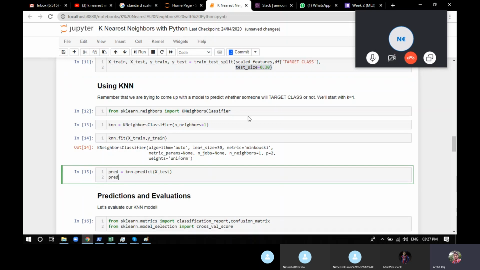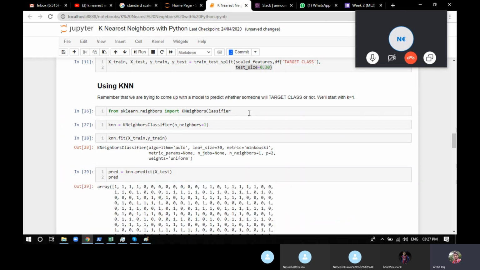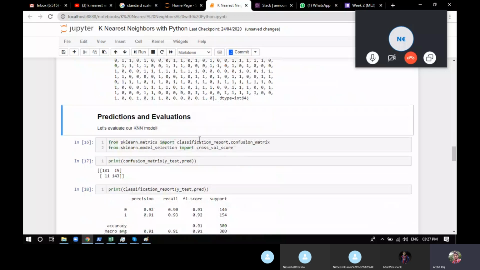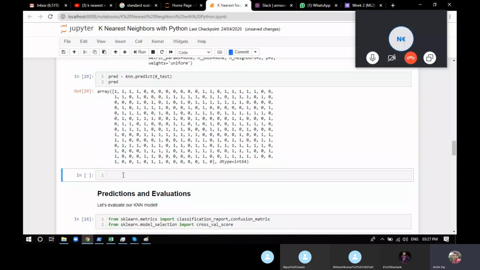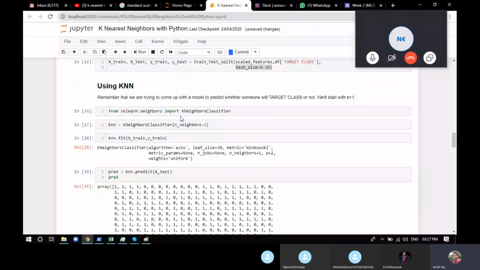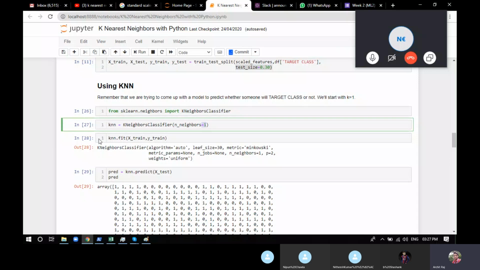So the prediction has been made here. Now we will see the score of this model. To make a classification from sklearn.neighbors, we import the KNeighborsClassifier. So we make a KNN object and we provide the most important value of k. So n_neighbors is the value of k that you're providing for the model. So we provided the value of k equal to 1 and n_neighbors as 1. So the model has been created with nearest neighbor as 1. So we fit the model on x train and y train and predicted with the model.